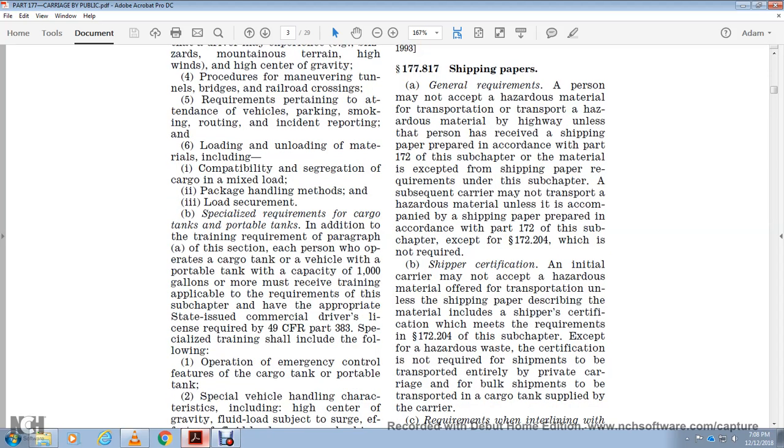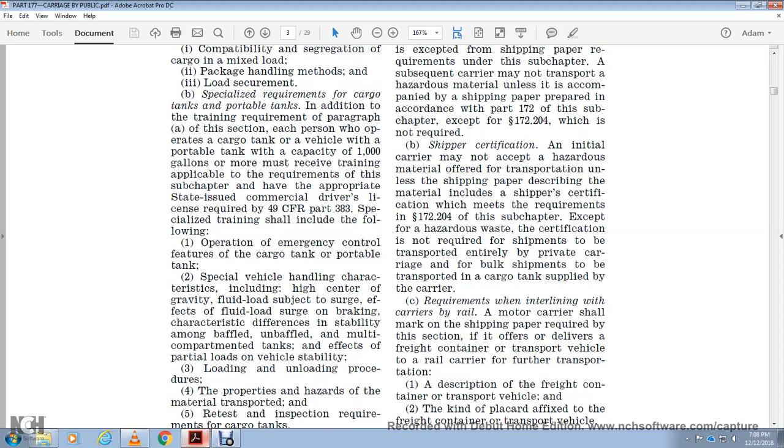may not accept hazardous material offered for transport unless the shipper's paper describes the material and includes the shipper's certification which meets the requirements of 172.204 of the subchapter, for hazardous waste. The certification is not required for a shipment transported entirely by a private motor carrier, or for a bulk shipment transported in a cargo tank supplied by the carrier, or for the requirements while interlining with the carrier by